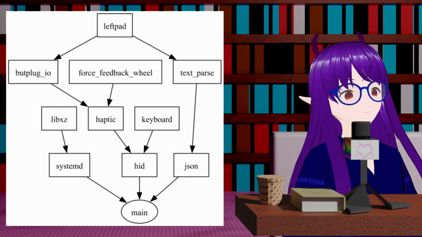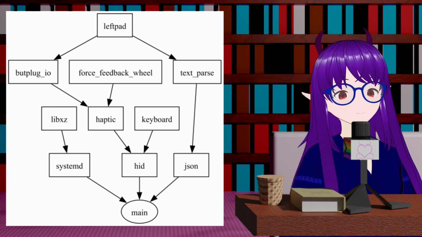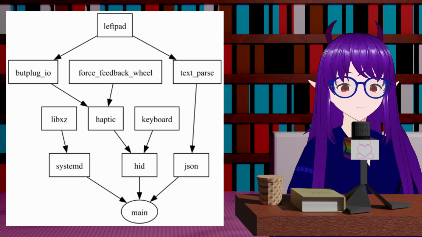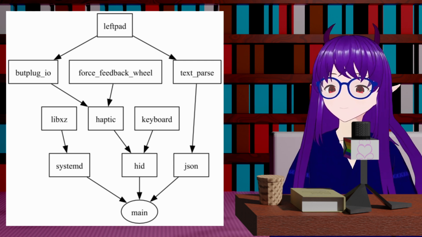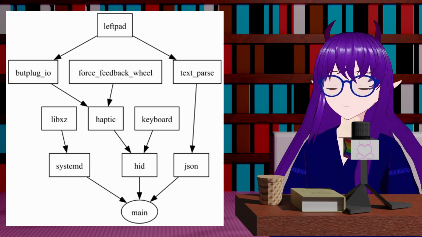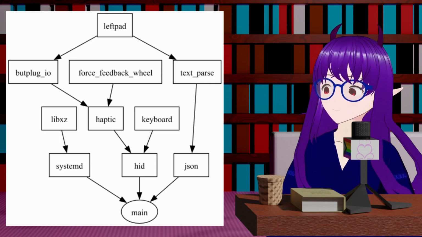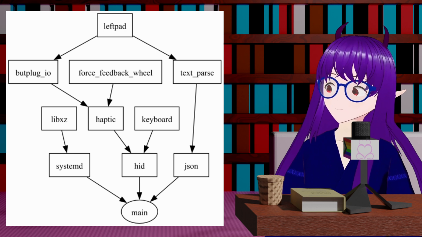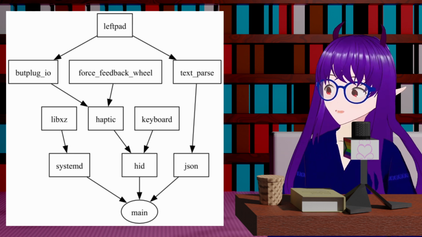But if you try and compare JSON and systemd, there are no dependencies between them in either direction. So it doesn't matter which order you compile these libraries in. So we can say that these files are incomparable. What is even better is that because we now have a way to talk about partial orders mathematically, we can